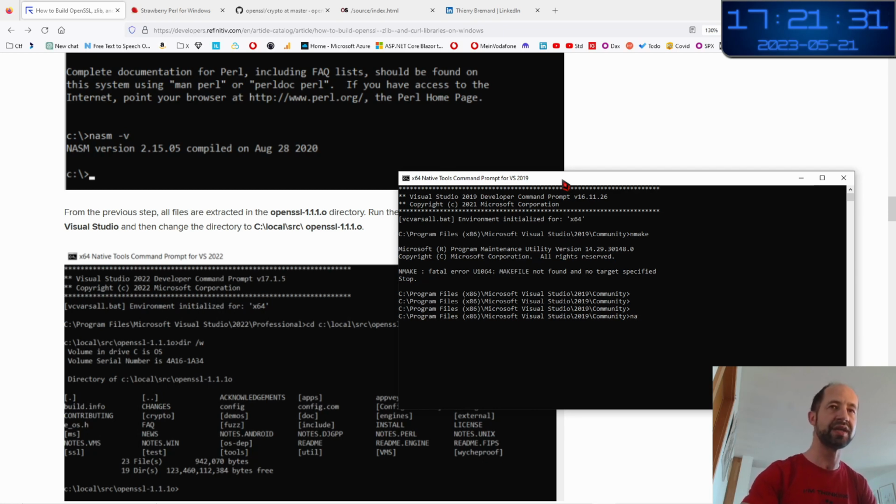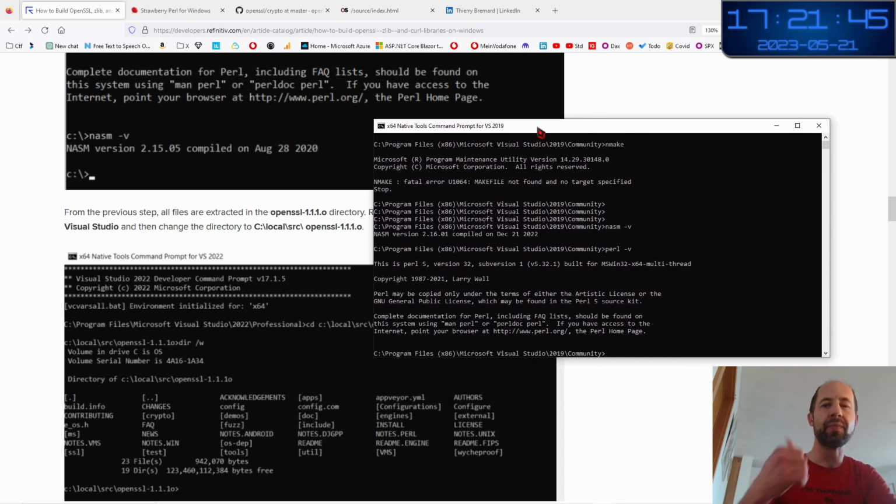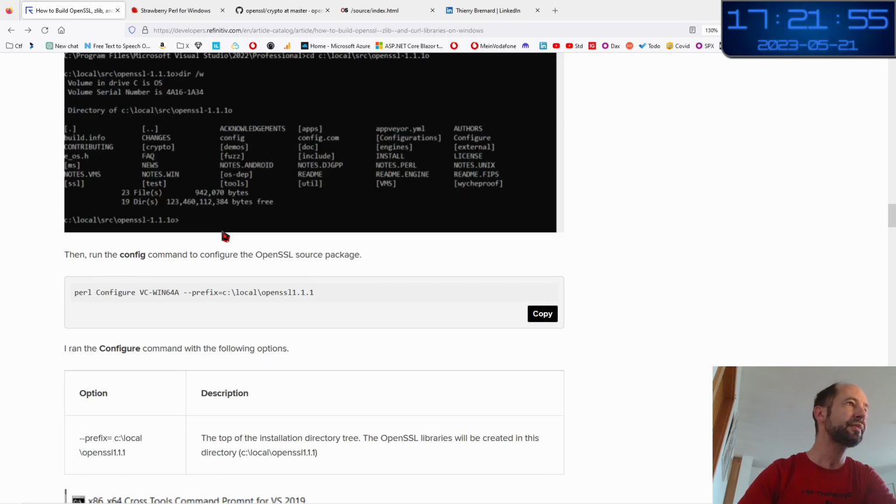Inside it, I already have the path of the other tools: NASM -v is recognized, and perl -v is also recognized. So in this command prompt, I have perl, NASM, and the Visual Studio make, which is useful to build the C code.